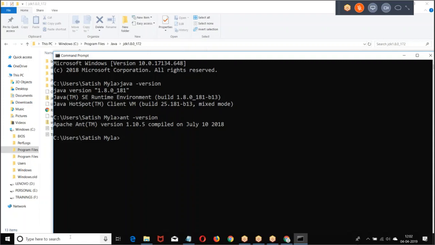The Ant file you downloaded, you create an environment variable ANT_HOME. In the user variables, you create ANT_HOME; in system variables, path, edit, okay, semicolon, whatever the bin folder is. Home is without the bin folder, path is with the bin folder. Then save it. Come to the command line and check whether they are available or not. This is the first thing.